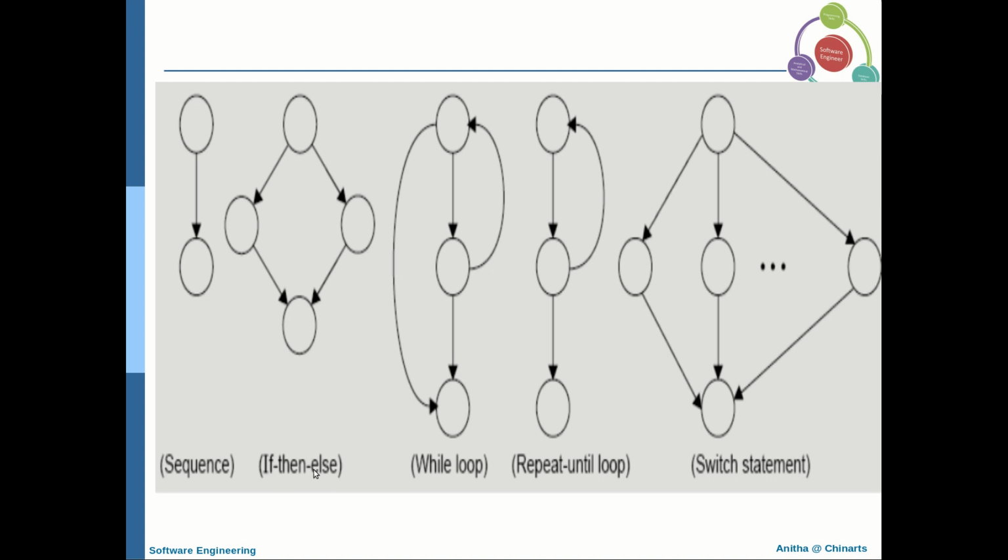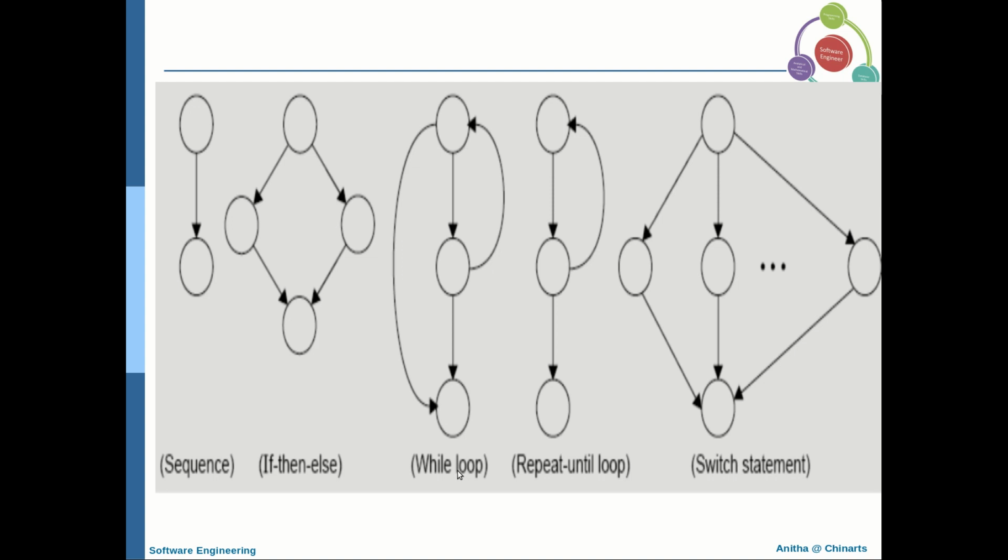And if you have if then else in your program, you will have an execution something like this. This is the condition. You will have the true part, and for the true block you will have a set of statements. For false, you will have a set of statements for that block. After executing the true block or the false block, it goes to the next statement. This is how you represent if then else.